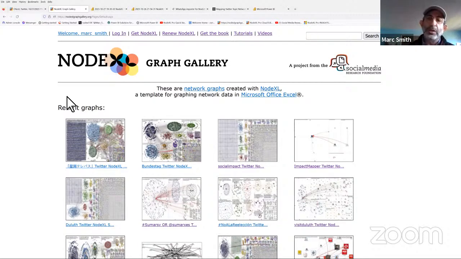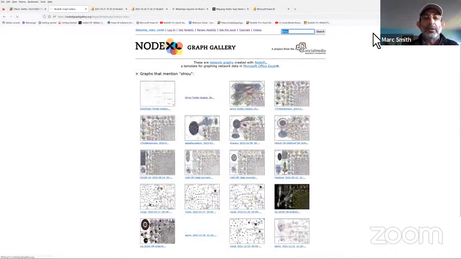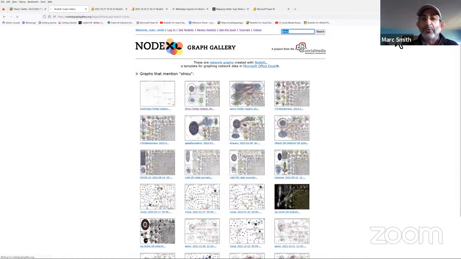These networks were generated by NodeXL and then uploaded to the NodeXL Graph Gallery, where you may, as students, scholars, research analysts, want to use our search engine up in the top corner. You may find that we have some networks of interest already. For example, if I type in Ohio U, I might get a bunch of maps that contain Ohio U as a word. And these may be for all sorts of topics. Ohio U is a big institution, with lots and lots of different contexts, but here it appears in higher ed.